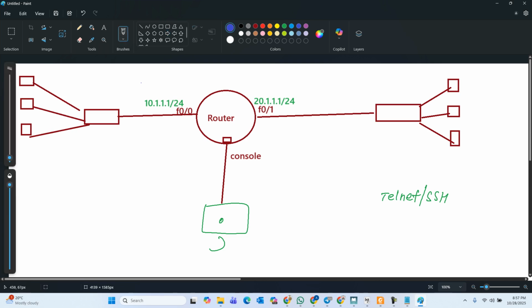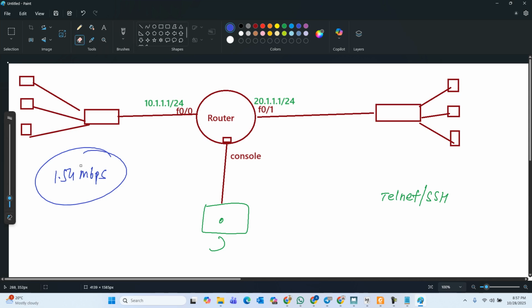See, that serial port is not here. Serial port is having speed 1.54 Mbps. So in most of the appliances, you'll not get the serial type of connectivity. If you're talking about that serial link,